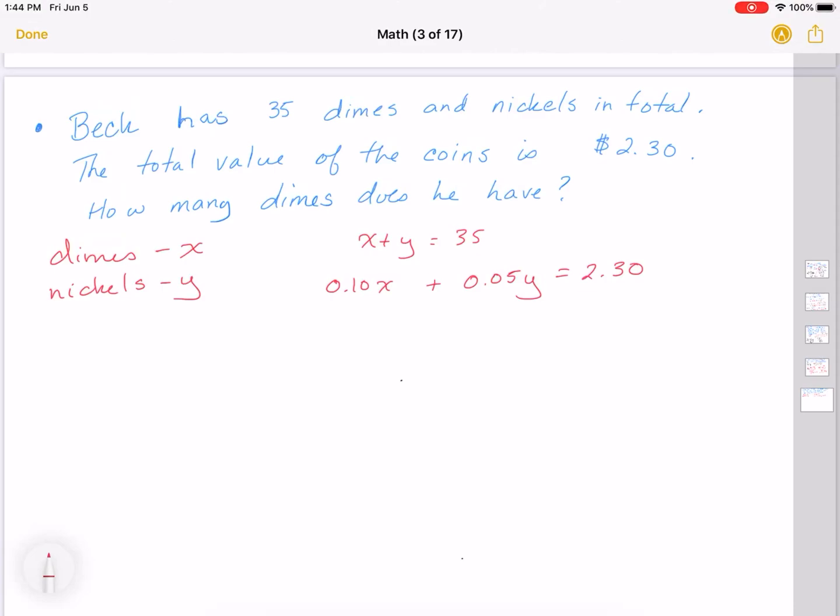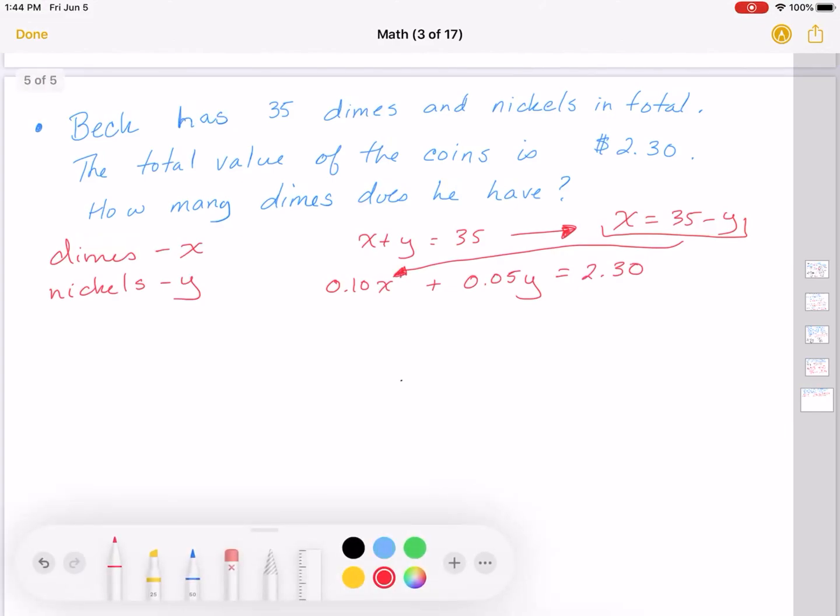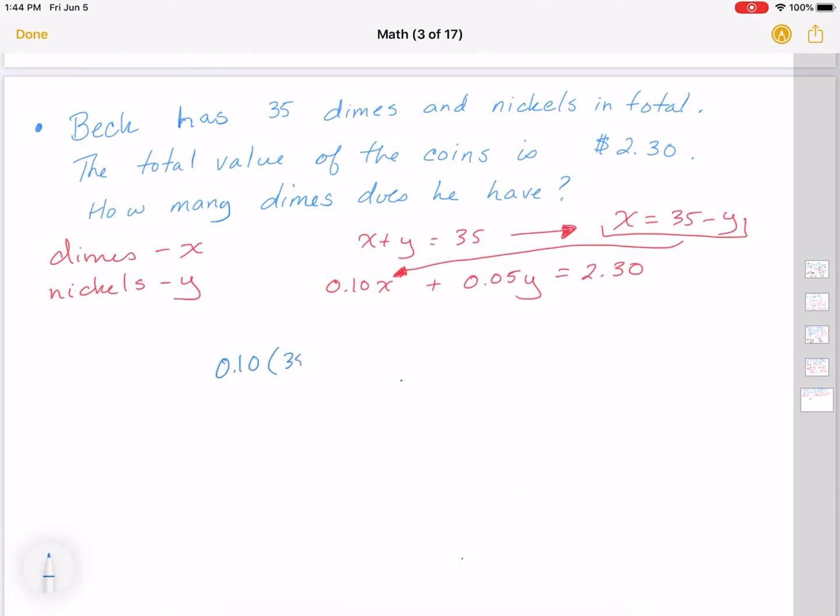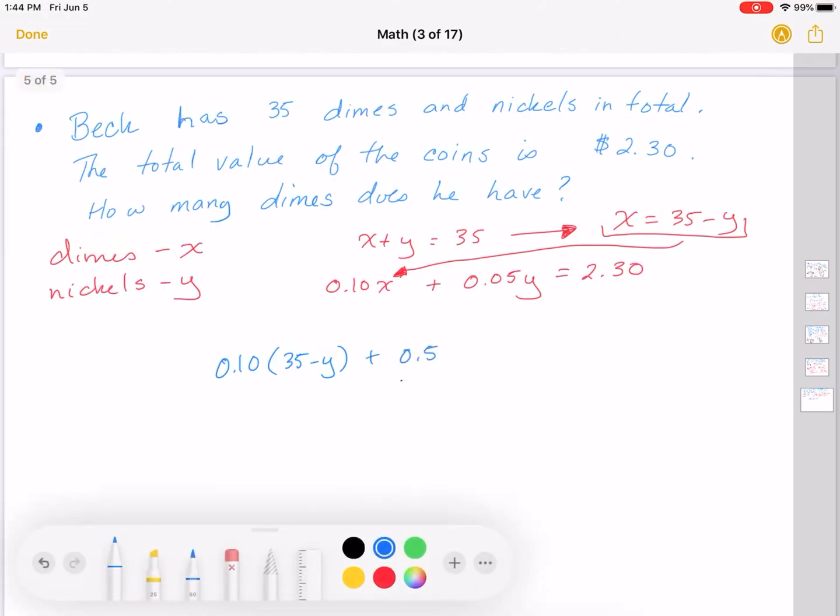Now, I have to solve for this. I'm going to do something a little different. I'm going to do substitution instead of elimination. You can use either method. So X is equal to 35 minus Y. So I'm going to take this value for X and I'm going to substitute it in for the X in the other equation so that now I only have Y's. So 0.10 instead of X, I have 35 minus Y plus 0.05Y